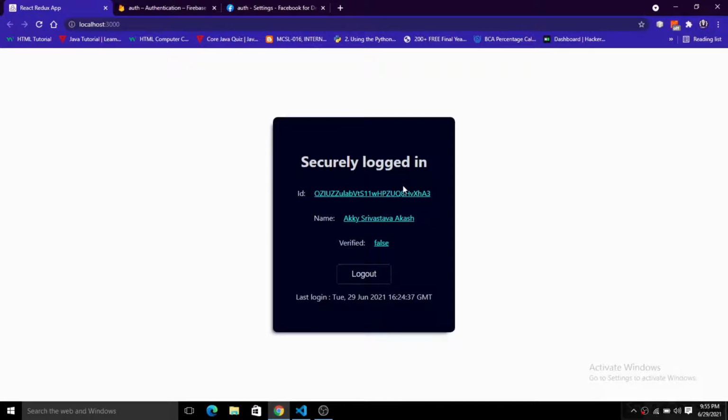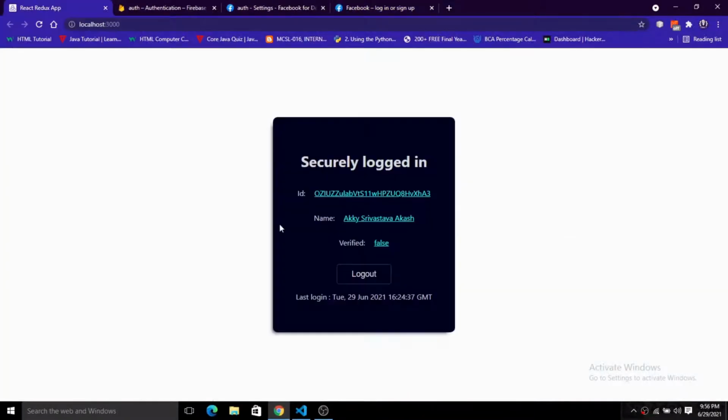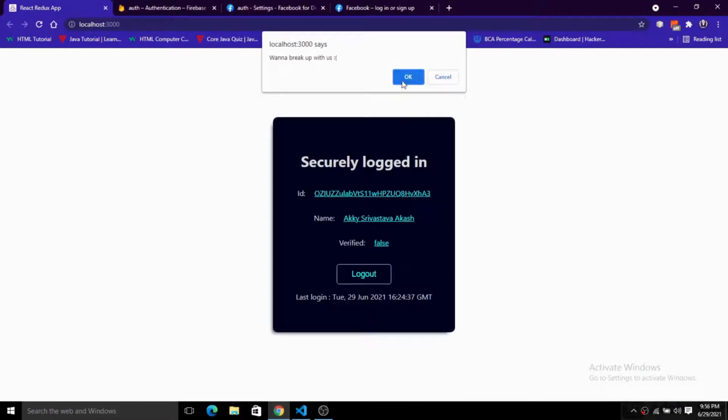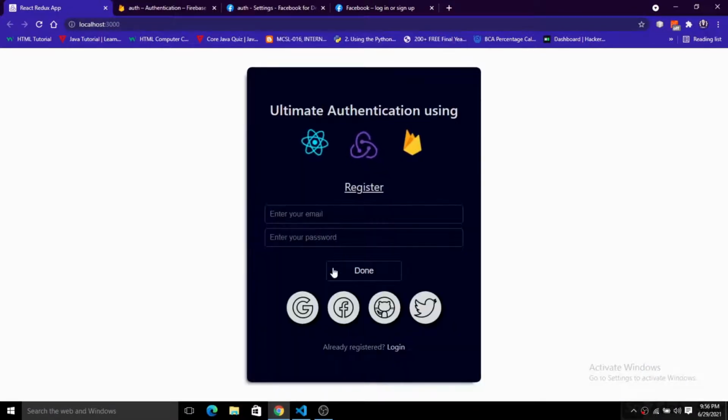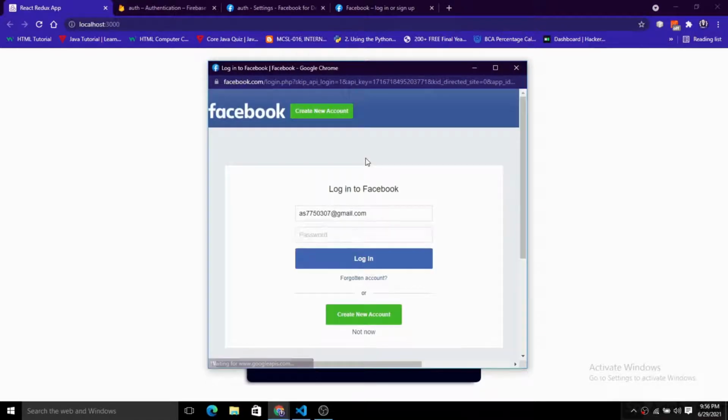I have just logged out from my Facebook account, and now let's go back to our application. Just click on this logout. Here we have logged out. Now let's click on login once again. Now you will see we have a proper authentication prompt because we have logged out. Now you have to put the password here, and then you will be able to log in.